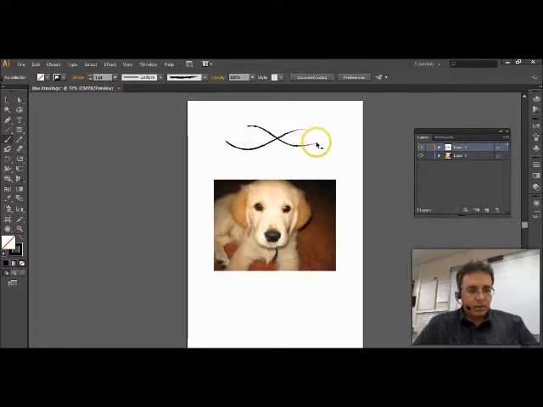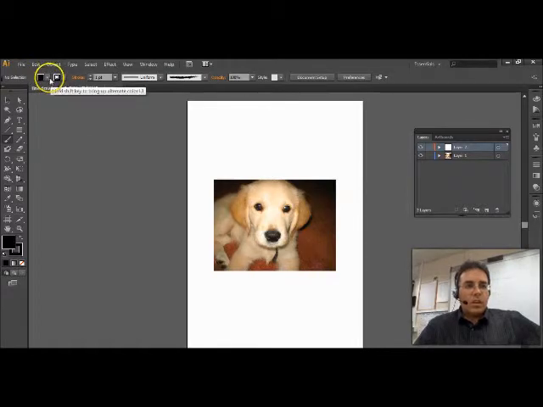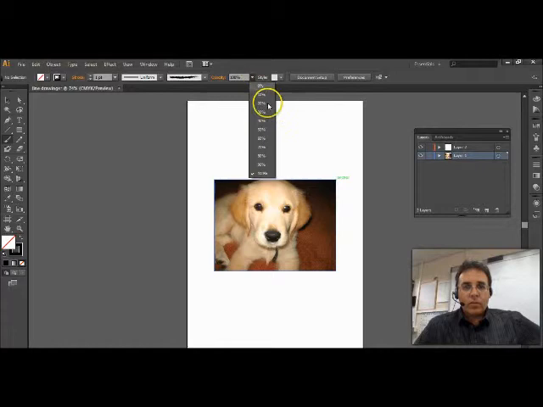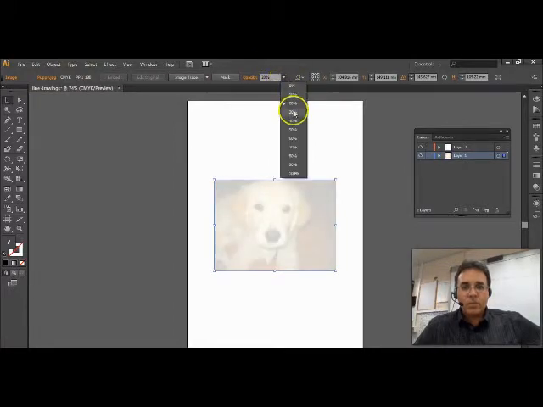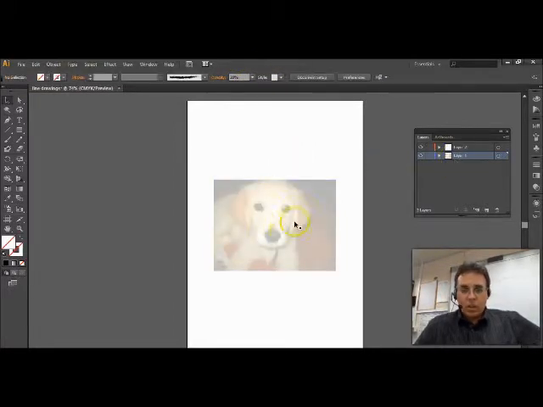There's our lines. Okay, so what we're going to do is reduce the opacity of this picture. I'm just going to set the opacity at, say, 20%, maybe 30%. So on layer 1 I've got my picture of the puppy and I've turned its opacity down to 30%. Switch to layer 2, go to my paintbrush tool,